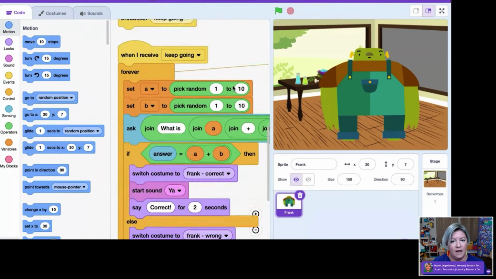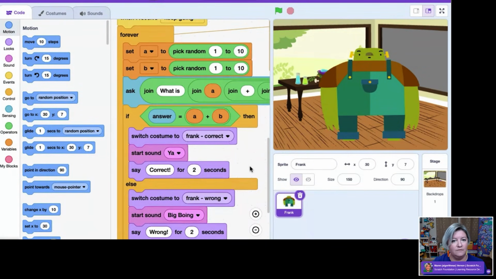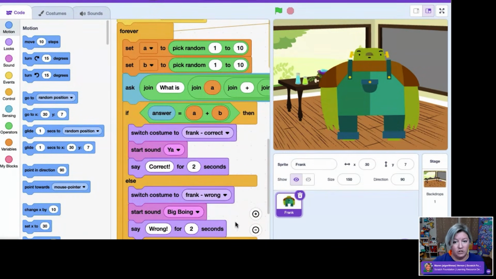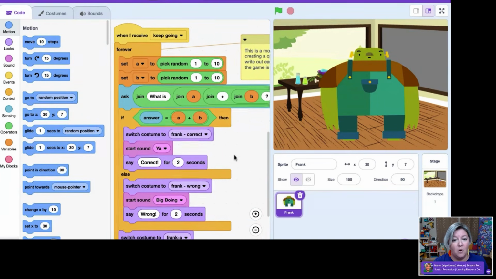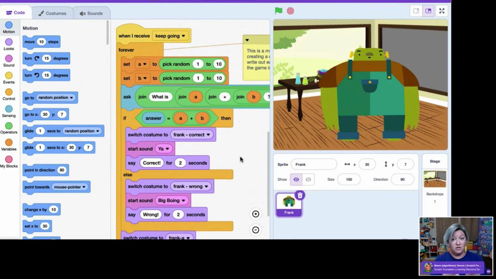When I scroll down, I see this second version of it, which is leveled up, which at face value may look very intense, but it is utilizing variables and our operator blocks in order to make our asking and answering more efficient and more automated.